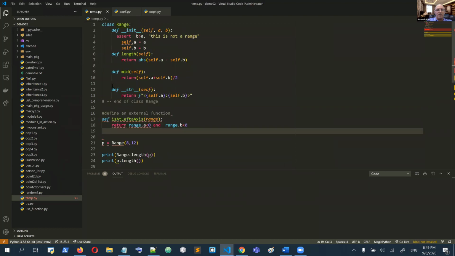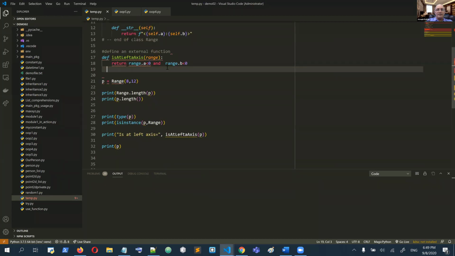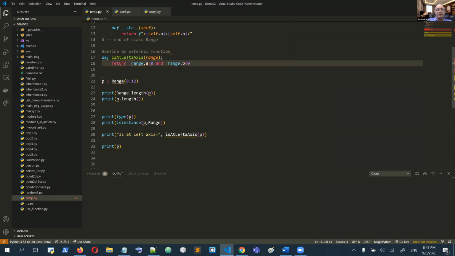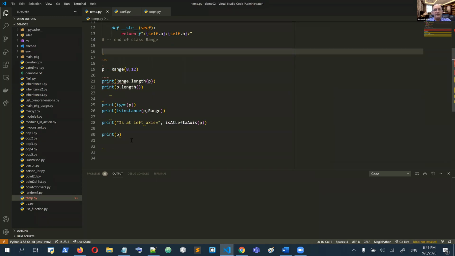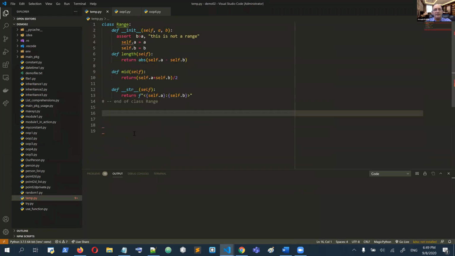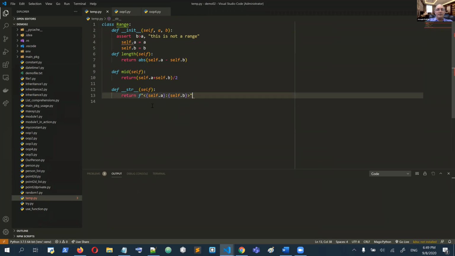Okay, so I will continue now. I don't want this, let me delete this. This is not okay. Okay, look at this, please. I defined here a range. A range is a 2-point, and I wanted to be sure